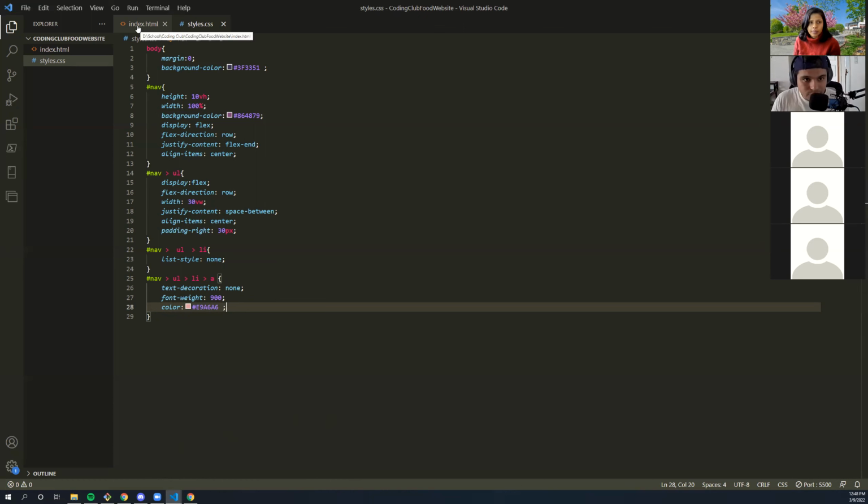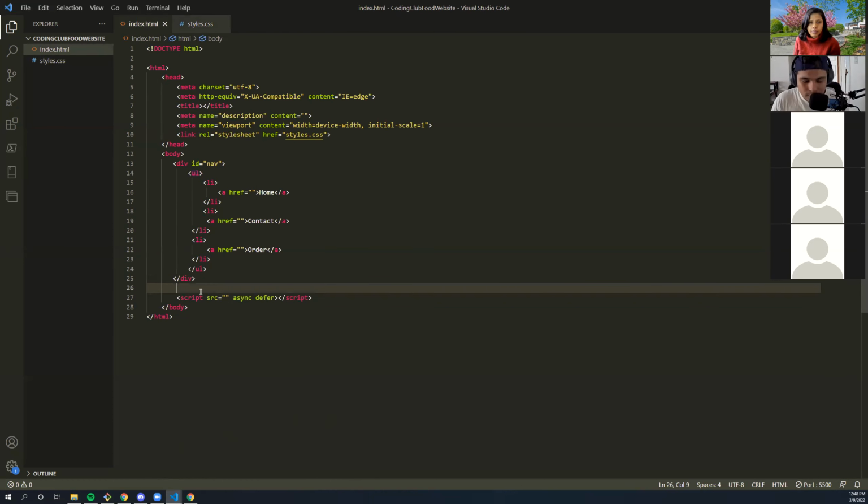Next, I need a container for us to land on, right? Most commonly known in the business-ish world as a landing page, right?